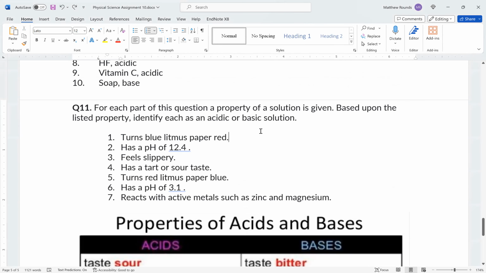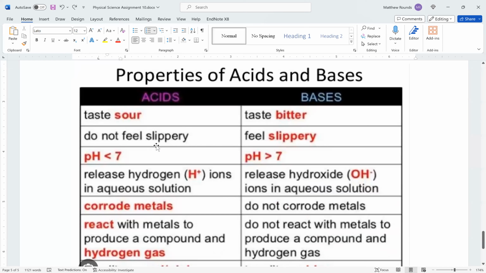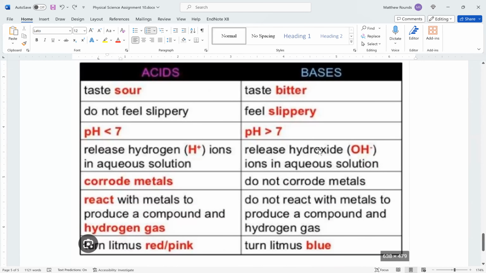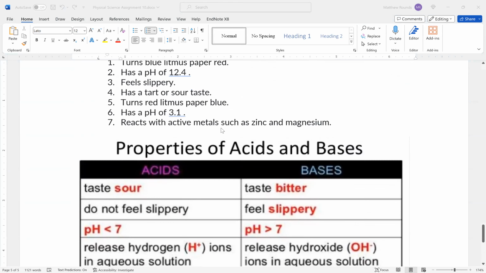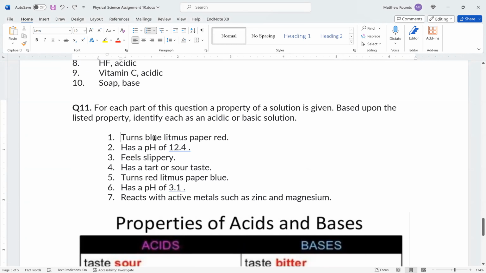Okay, so if it turns the litmus paper red, is that an acid or a base? You can look at this down here. Turns the litmus paper red. Oh, it's an acid. It is an acid. All right, has a pH of 12.4. Tell me whether it's an acid or a base. An acid,